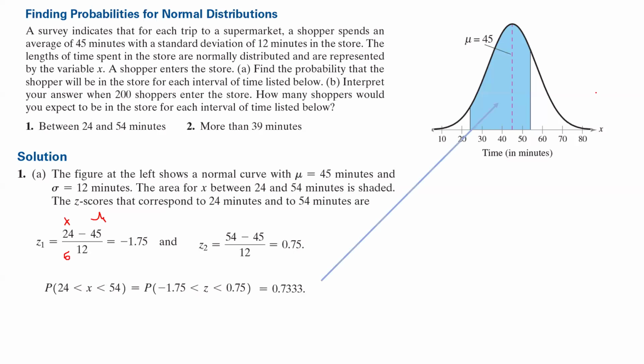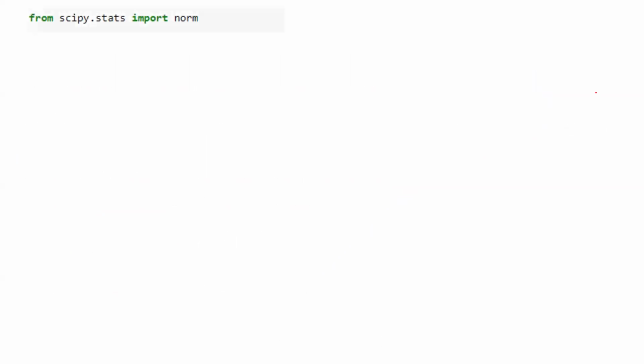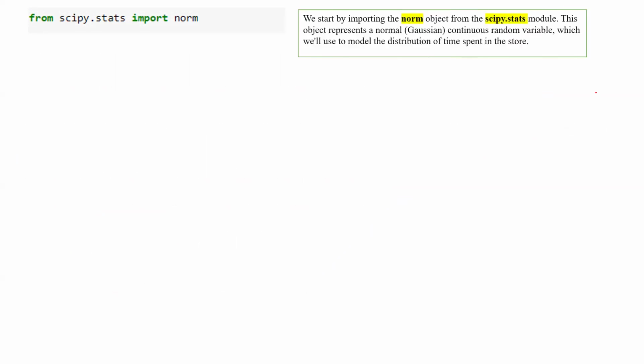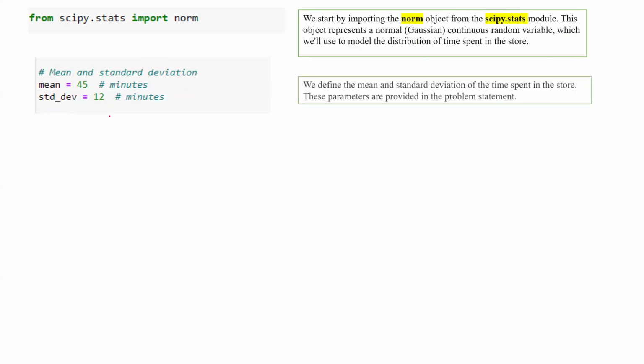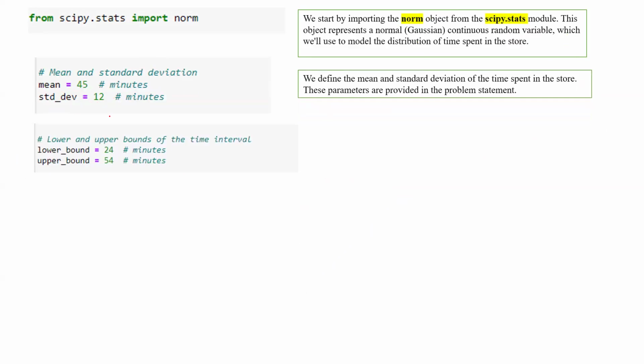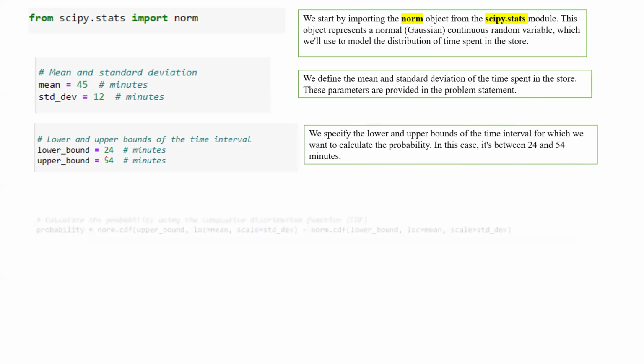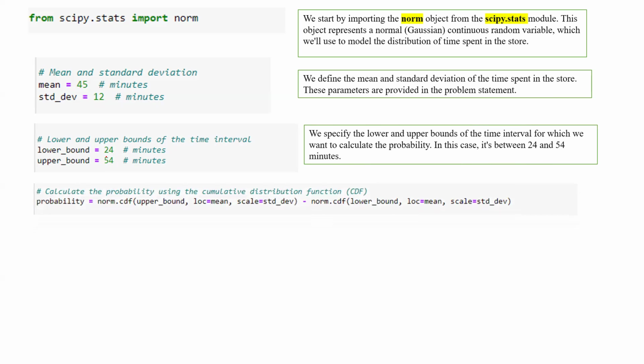Now let's take a look at our code. First of all, from scipy.stats import norm. What is it going to do? It's going to just import the norm function for you, so it helps to find a probability. Set the mean to be 45 minutes with standard deviation 12 minutes. Now, the lower bound and upper bound can be defined as 24 minutes and 54 minutes. Why do we need that? Because we're going to use